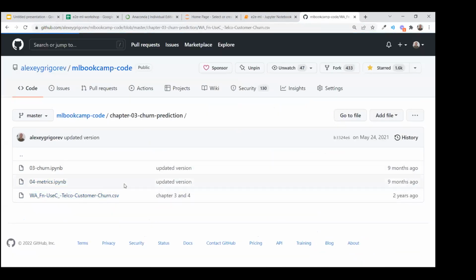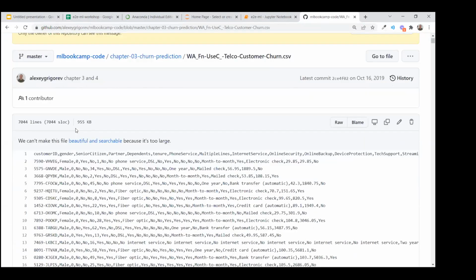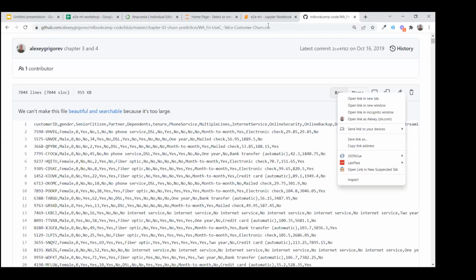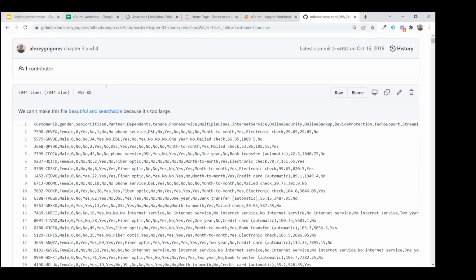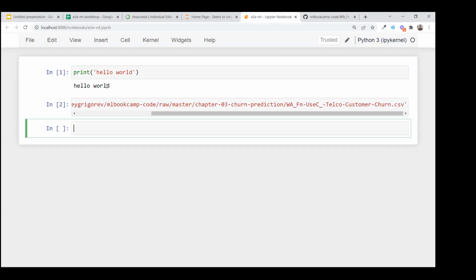Maybe we can already take a look. Okay, it doesn't do a nice preview. What I will do now is right click on this row, copy link address, and put it in a variable URL, and we have it.